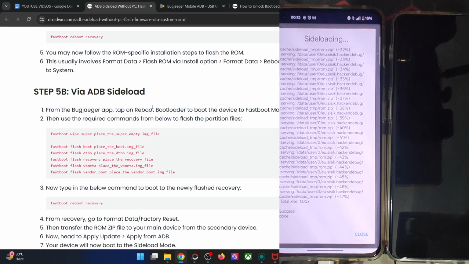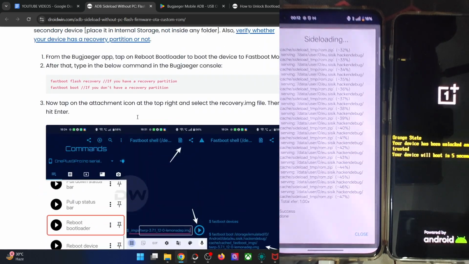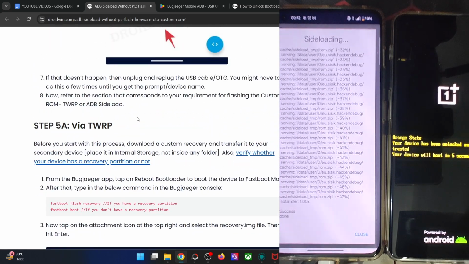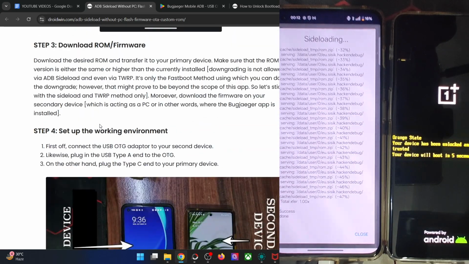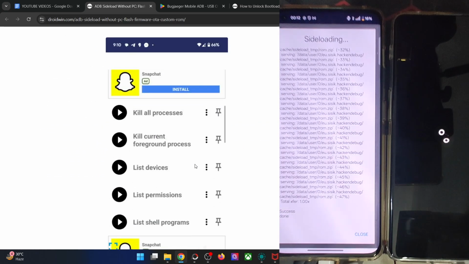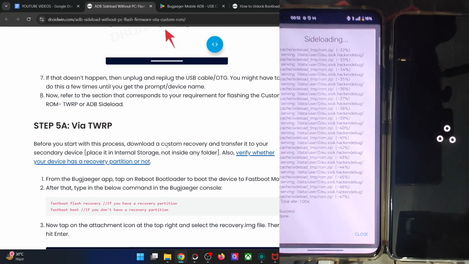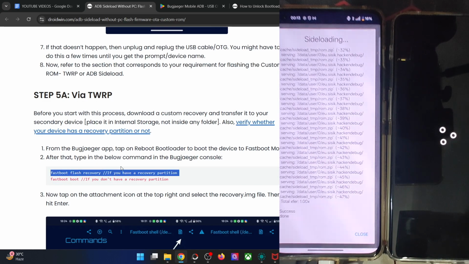So guys, just to recall, flashing the ROM file via a secondary phone and without using any PC involves a two-way approach. The first one is using a custom recovery like TWRP. In that case, flashing the recovery is quite easy. Simply boot up into the fastboot mode, then use the command fastboot flash recovery or fastboot boot recovery. Both the commands will work. Once that is done, you will then have to do an ADB sideload or use a pen drive or any